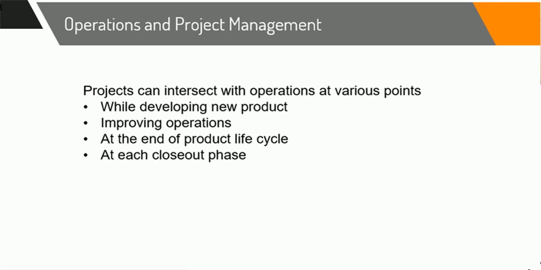So these ongoing operations are outside the scope of the project. However, they will intersect during the development of a new product, upgrading a product, expanding the outputs, or moving the operations or product development process at the end of the product life cycle at each closeout phase. At each point, deliverables and knowledge are transferred between the project and operations for the implementation of the delivered work. This occurs through a transfer of project resources or knowledge to the operations, or through the transfer of operational resources to the project.